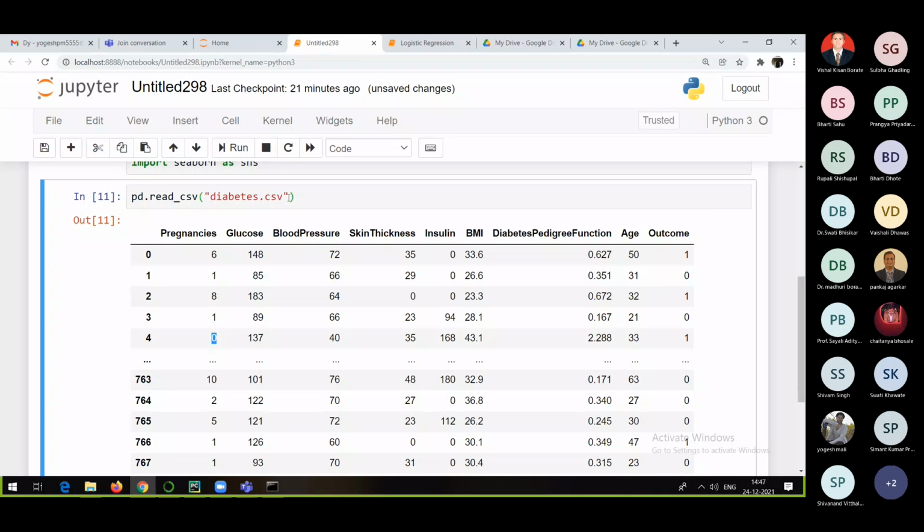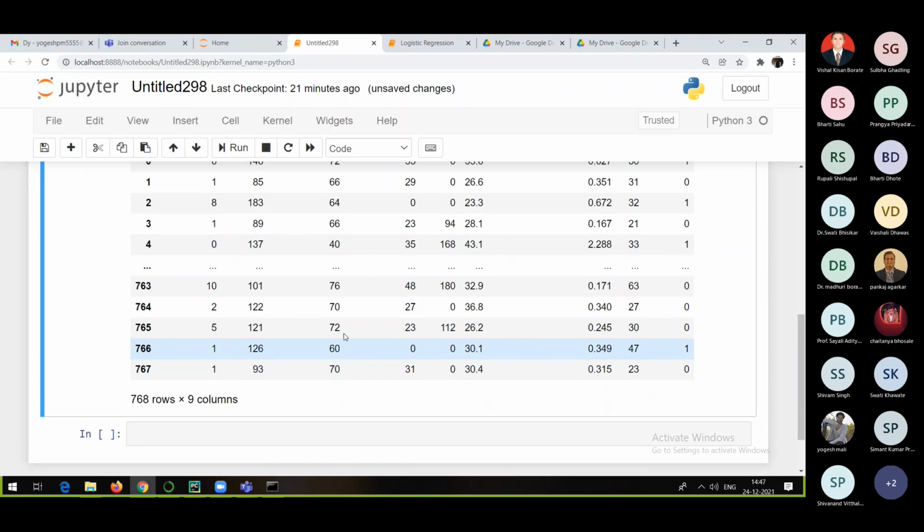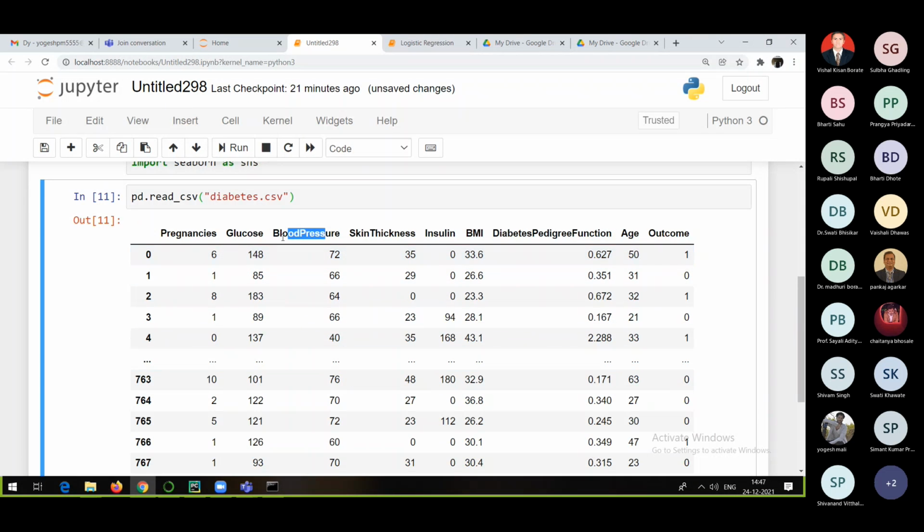So there are no missing values, but the thing is that missing values are already replaced by the client with 0, and even that 0 is going to cause us a lot of problems because it is meaningless. Having blood pressure as 0 is meaningless. In the blood pressure column also you have 0 values, which are not at all going to make any sense. So we will have to handle that, and we are going to handle that.